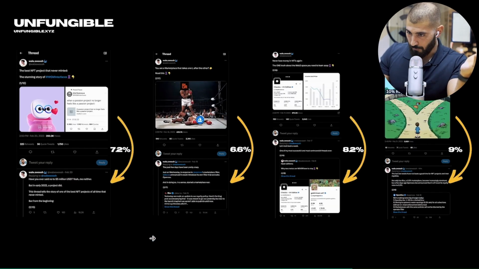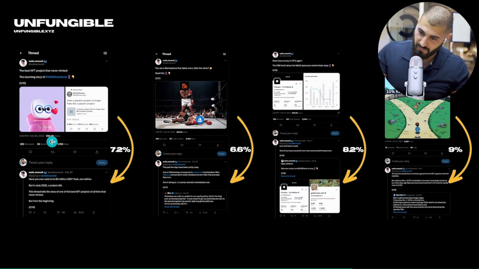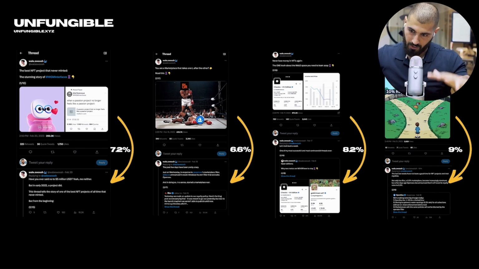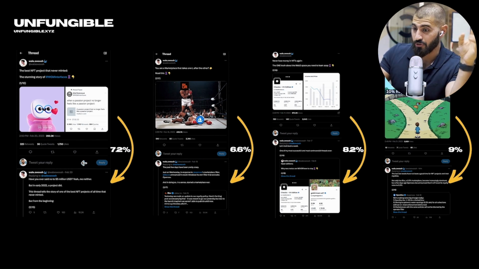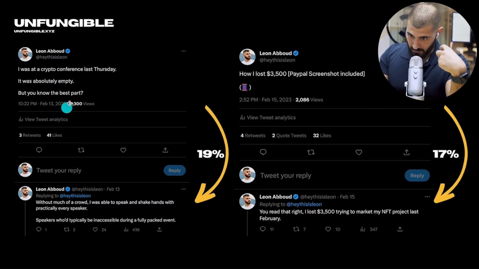So I've looked at the numbers for Whale Swoosh. Obviously, when you start hitting the 250,000, 500,000, the quality of your audience diminishes, so the click-through rate decreases. However, this is what is considered a good click-through rate in the eyes of Twitter at scale. So about 7.2%, 6.6%, 8.2%, 9%. So those, of course, are at scale. From my personal experience, anything above 15% means that you've done a good job with the hook.